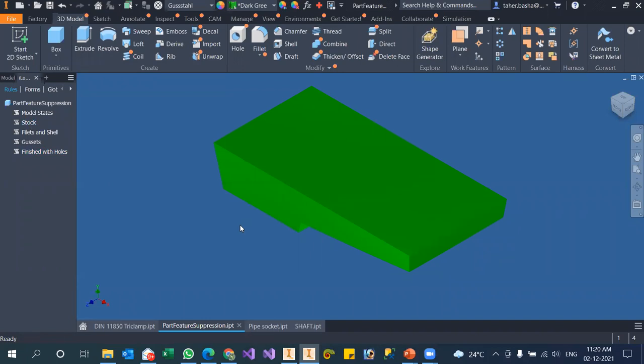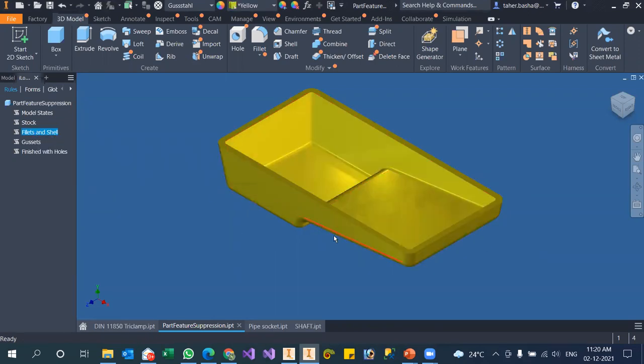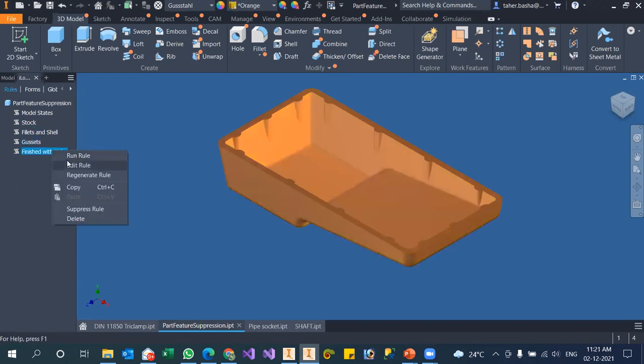Previously we have compared the features, we have seen the parameters. Now we are looking into the features, right? So stock, next I want fillet and shell, just run it. You get fillet and shell invoked, and then gusset, just run it. You will get gusset details, and last run with holes, then you'll get the complete model.